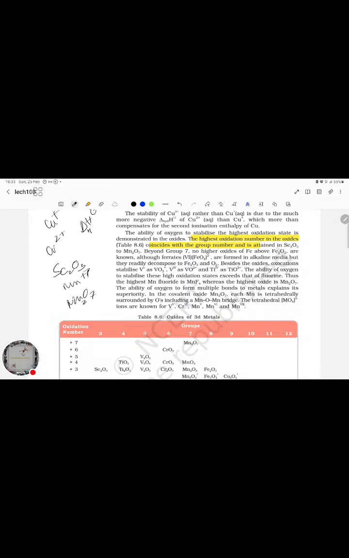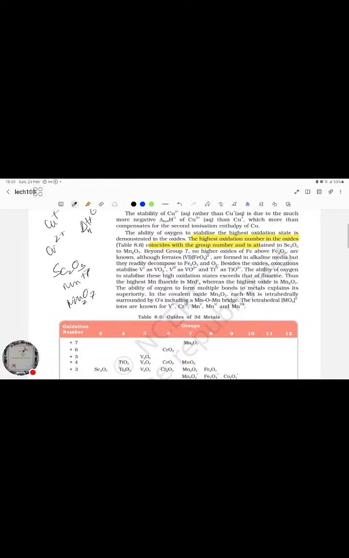So beyond group 7, no higher oxides of Fe above Fe2O3 are known. Although ferrates, FeO4 2 minus with Fe 6 plus oxidation state, are also present in alkaline media, they readily decompose to form Fe2O3 and dioxygen. Besides the oxides,